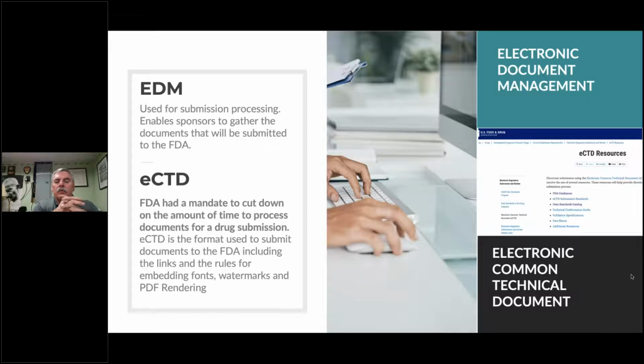If I'm getting ready for a submission, now I'm going past the trial phase and pulling that data in. I'm going from ClinOps, where they're doing the trial information, down to the regulatory group that's going to be working on my submissions. We're going to use the EDM reference model. Again, that's the DIA reference model that was created, and the eCTD mandate. The FDA wanted to cut down on the amount of time it took to go through a drug submission. The only way they could do that was to put out a standard that said, we need to have the document sent to us